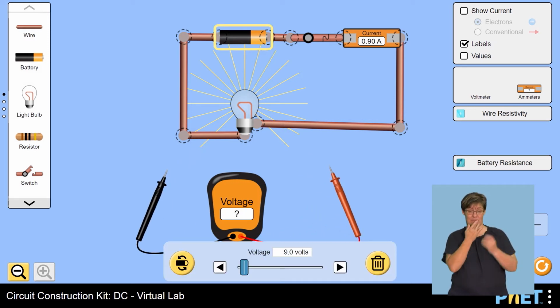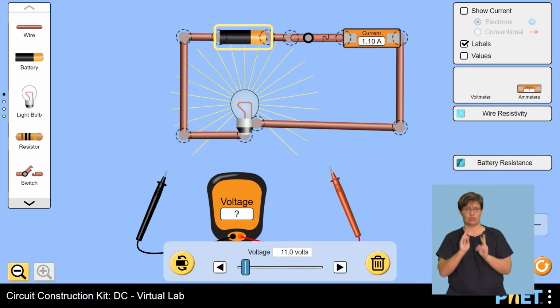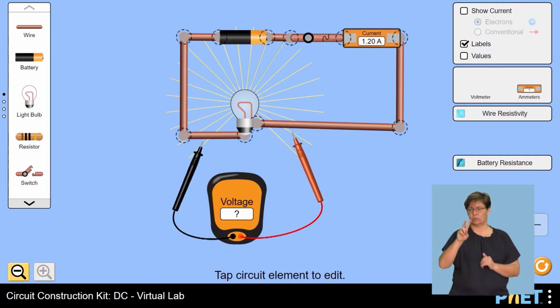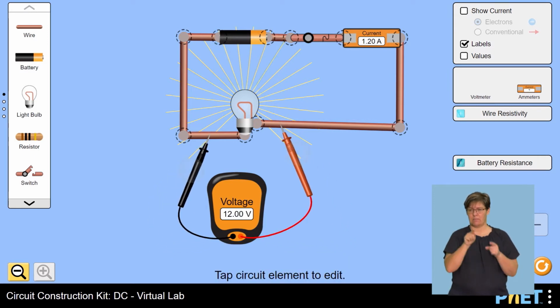So if the voltage that the source supplies is 9, what about if it's 12? The brightness is even increased. The current is increased to 1.2 amperes. So what is the voltage across the source? Which is 12 volts. Right. Now let's go back to our